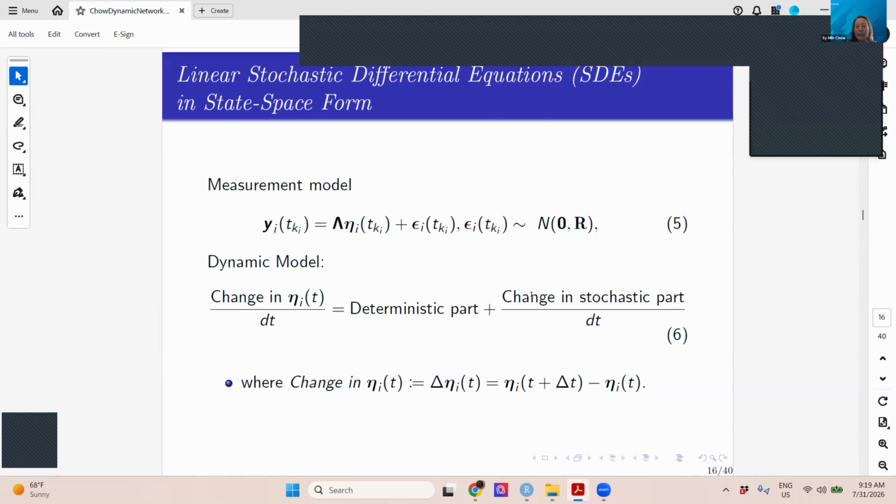Right? So the idea is that we generally have a measurement model or measurement process that connects the manifest variable at discrete time tk for person i to the latent variables for that discrete time occasion. And then in the dynamic part, we try to represent the changes in our processes of interest per period of time, right? So per time unit.